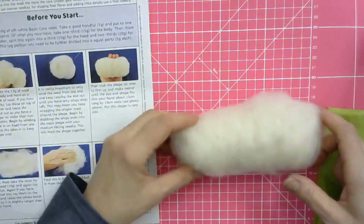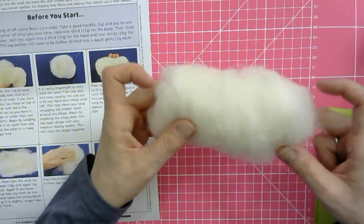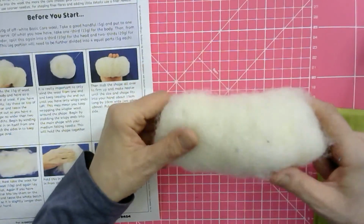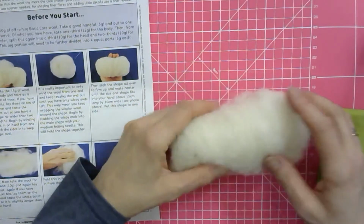Okay, so that is now, I've now fused that. It's very, very soft and squishy. The polar bear in itself won't be solidly needle felted. So if you're a really solid needle felter, then you have to restrain yourself from going